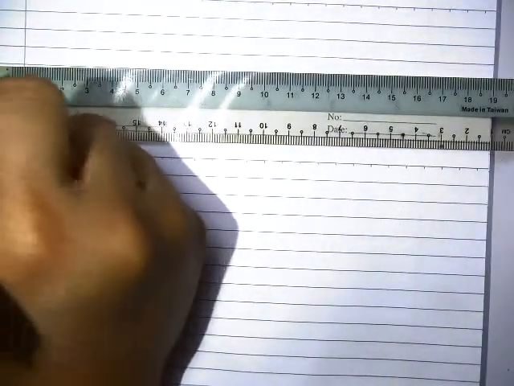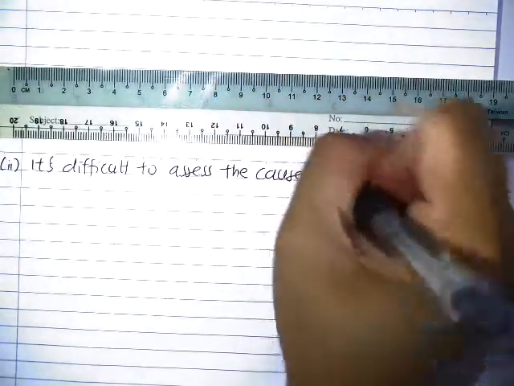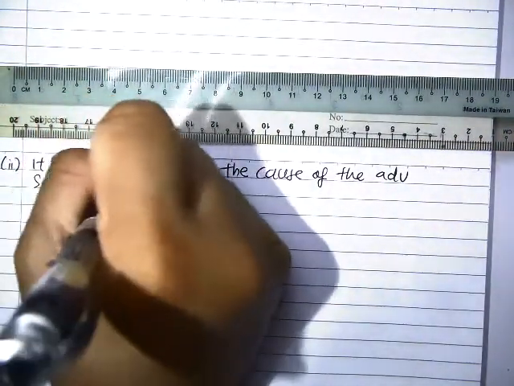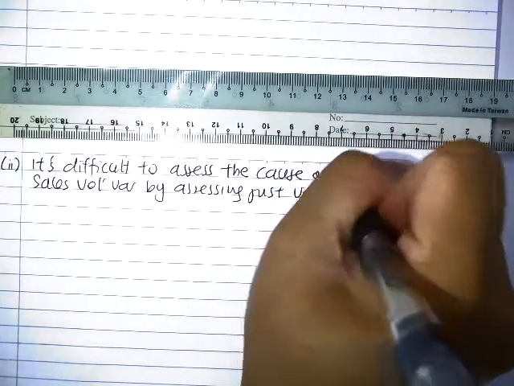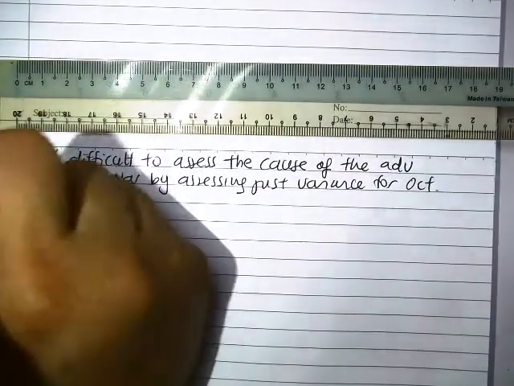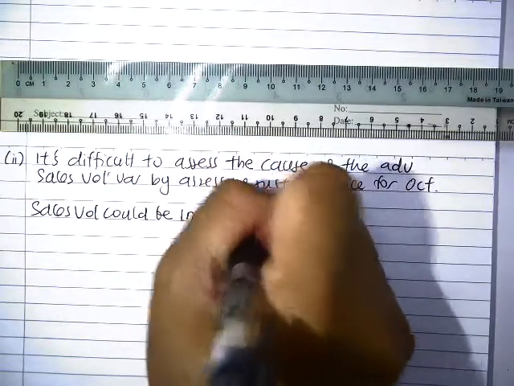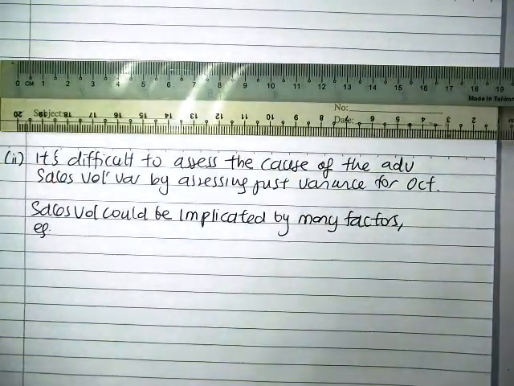Now, it is difficult to assess the cause of the adverse sales volume variance by assessing just the variance for October. Sales volume could be implicated by many factors. For example, maybe your